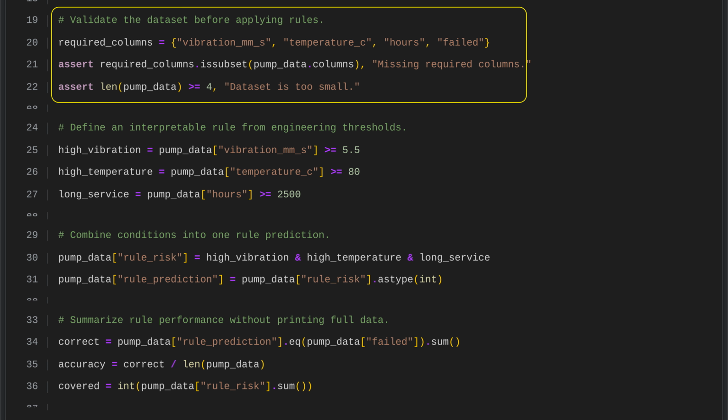We first check that the dataset includes the required fields for vibration, temperature, operating hours, and failure status. If any field is missing, the validation reports which one is absent. We also confirm that the dataset has at least 4 records, ensuring there is enough data for the rules to